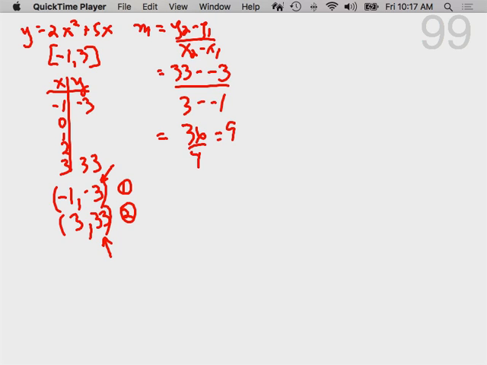Do you want us to simplify it? I would take it either way, but 9 over 1, it is a slope, so leaving it as a fraction is okay as well. The next one said to